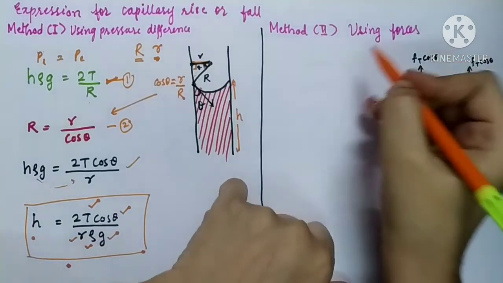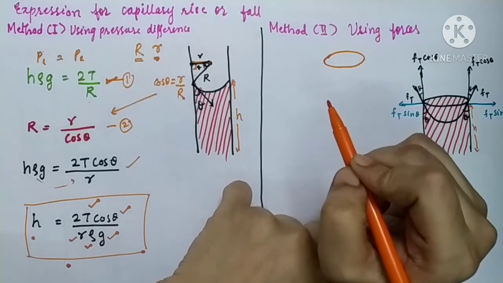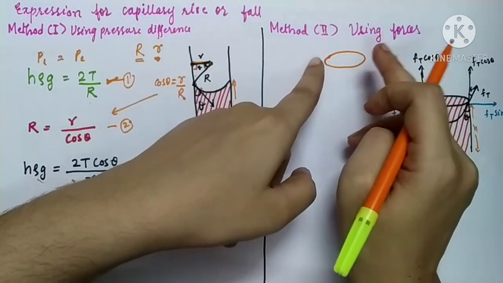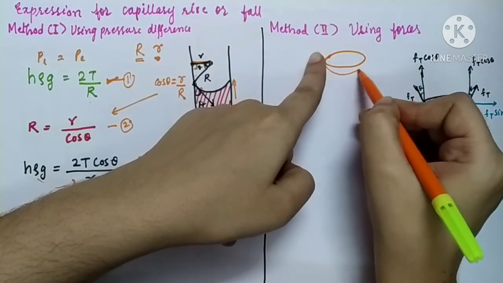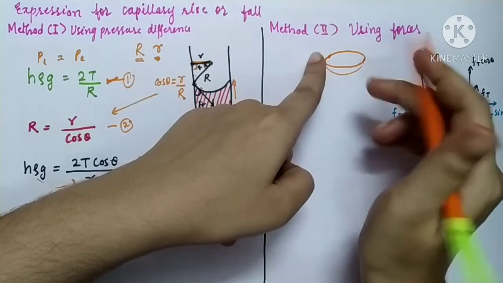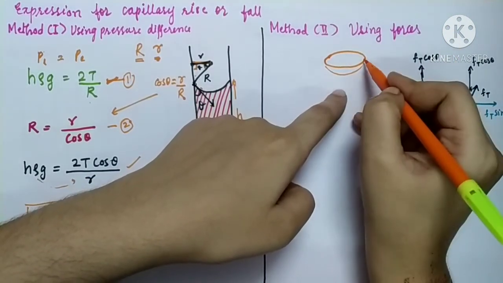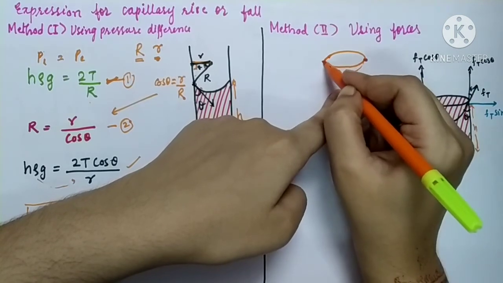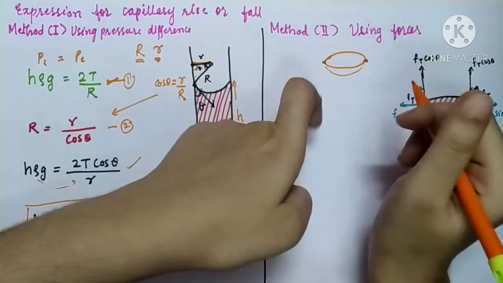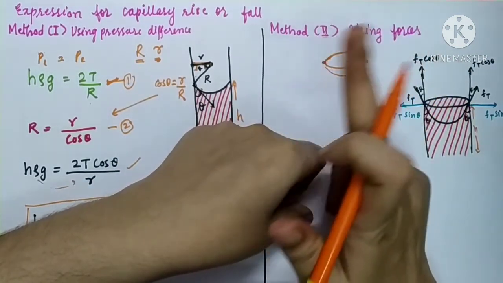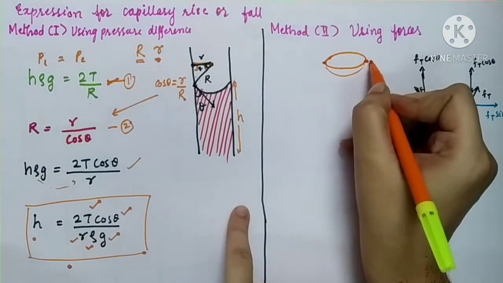As we all know, this liquid meniscus is circular. From the top of a capillary tube, you are going to get such a liquid meniscus, and this is the depressed level of a liquid because of surface tension. At a time here we have taken only 2 points. There are various points which are in contact with the capillary tube, as the capillary tube is all around the liquid meniscus. But we are taking only these 2 points.